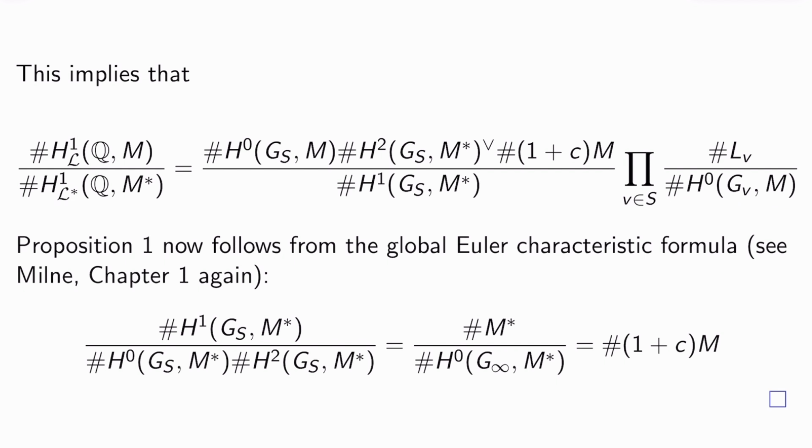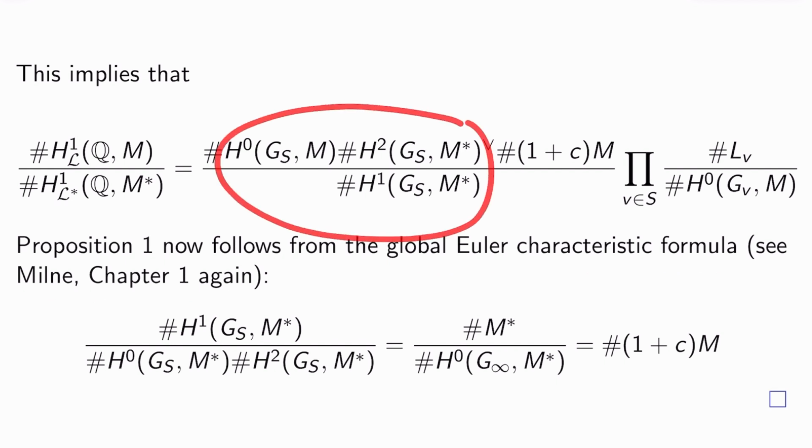You just need basically to deal with this term and make it look like you want it to look, and then make sure certain sizes of certain modules match up. And they all do. I'll just tell you the key thing to finish now is the global Euler characteristic formula, which you can see in Milne chapter 1, for example. Again, I think CSS and DDT also fill in the missing details here. Basically, if you